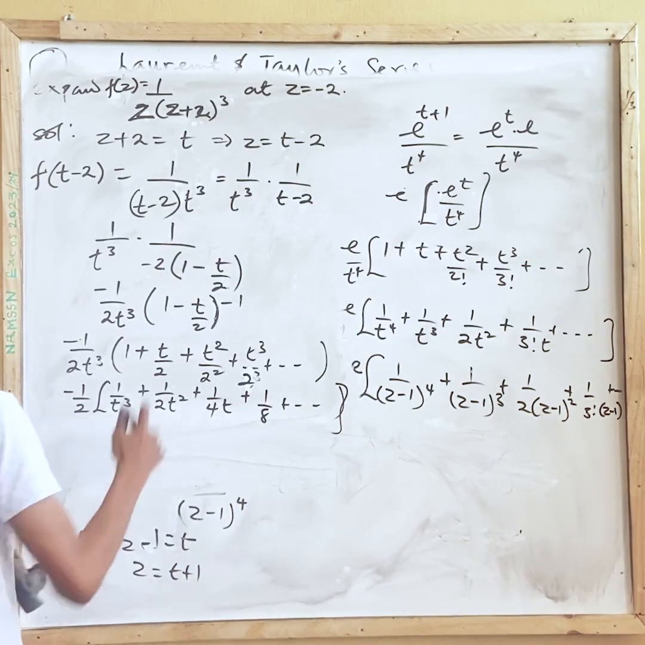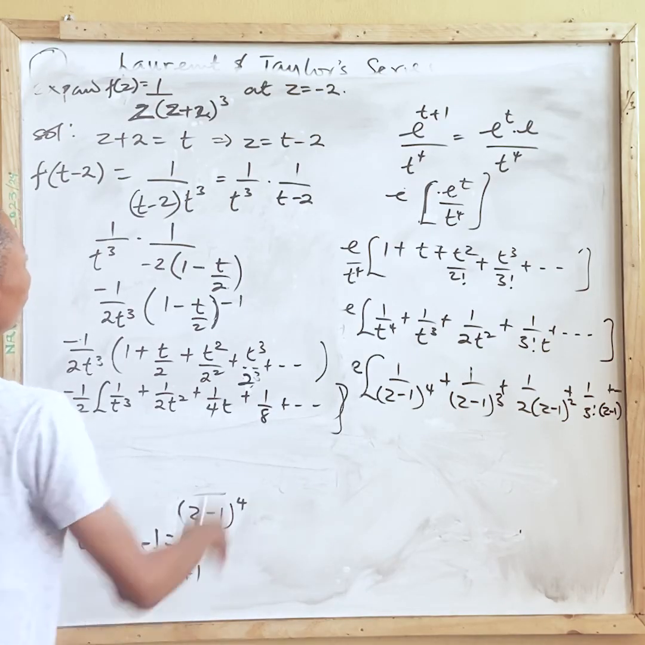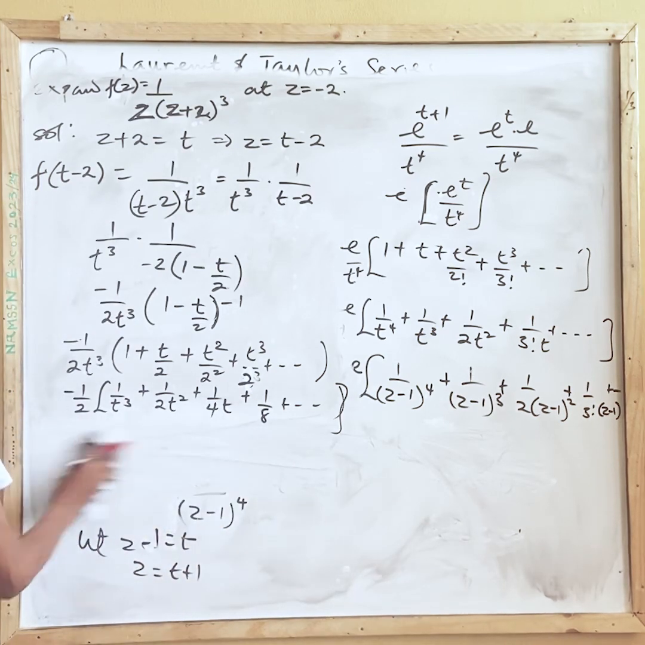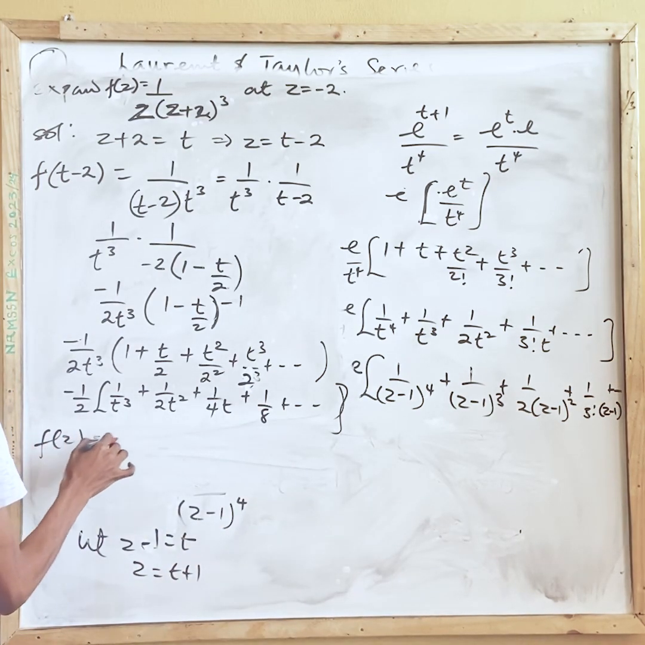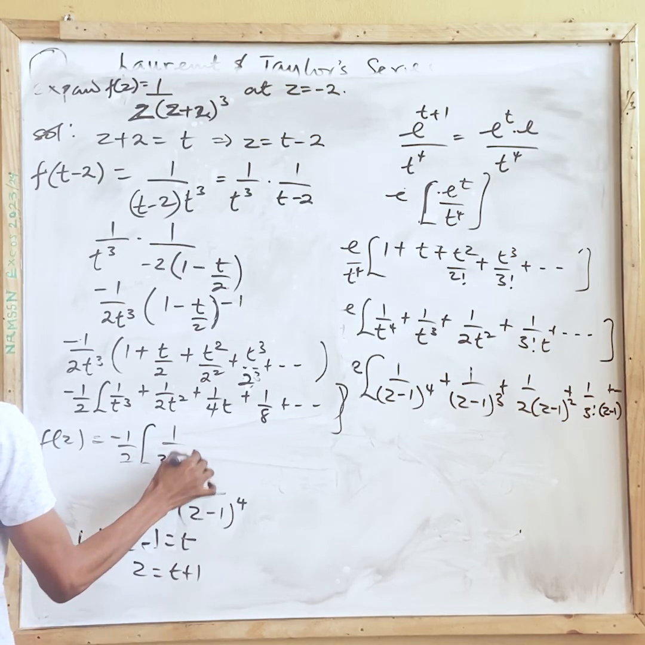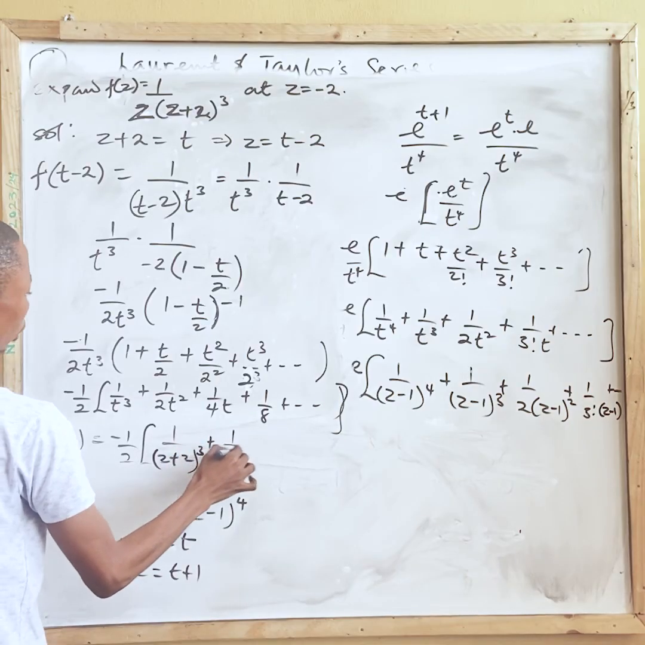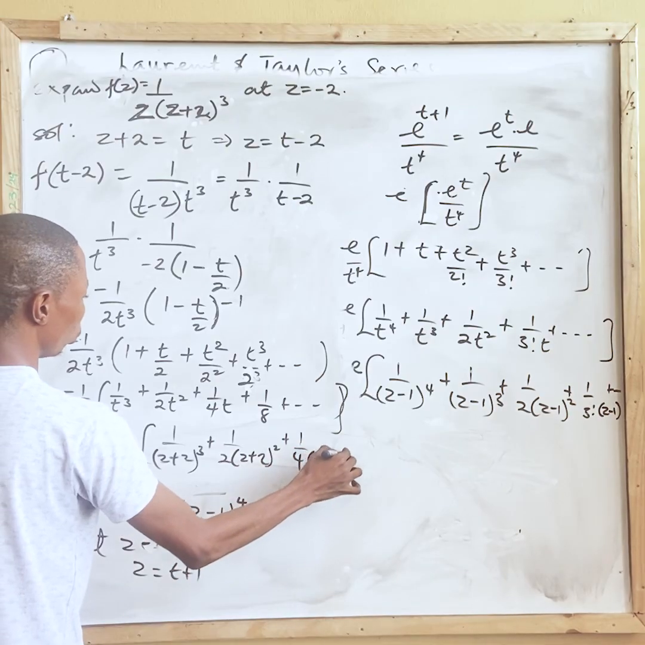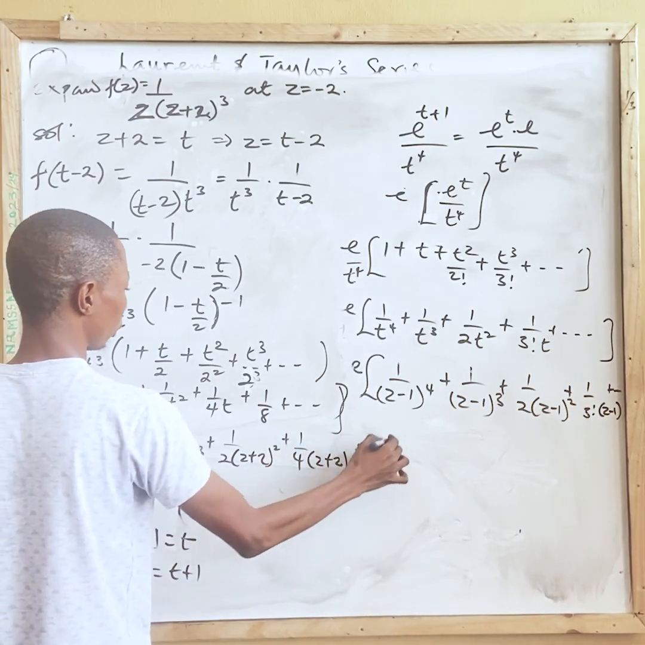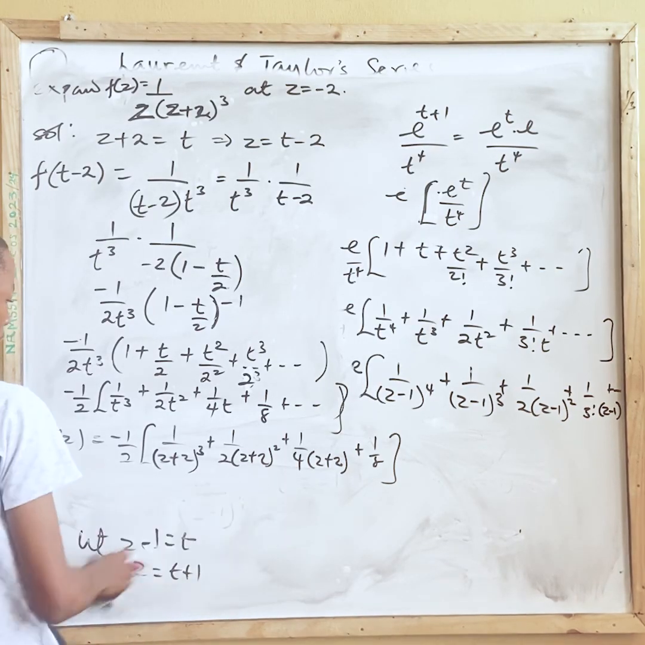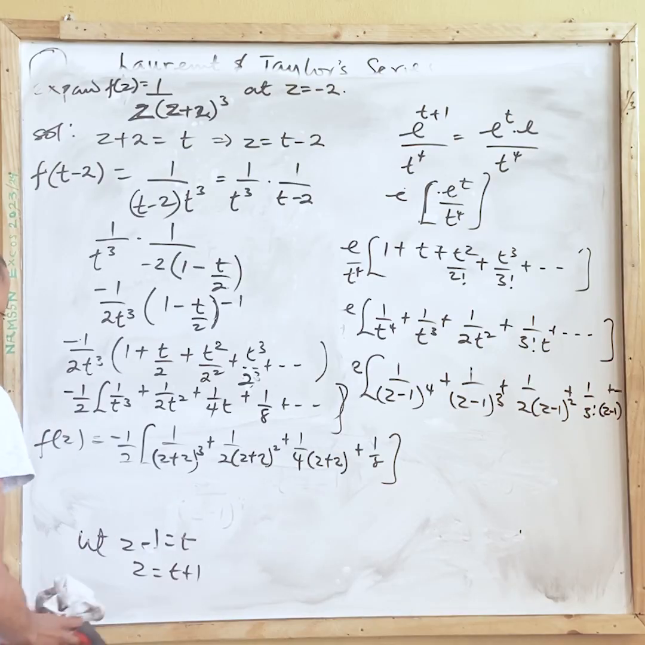Now return it back. Recall that t is equal to z plus 2. So finally, f of z is equal to minus 1 over 2 times 1 over (z plus 2) raised to 3, minus 1 over 2 times 1 over (z plus 2) raised to 2, minus 1 over 4 times 1 over (z plus 2), plus 1 over 8. So you can generalize, take the sum, and then that is our